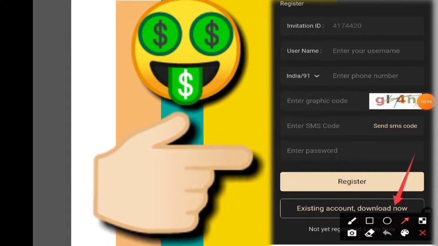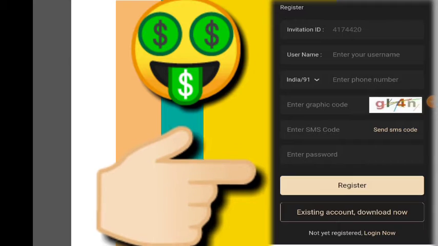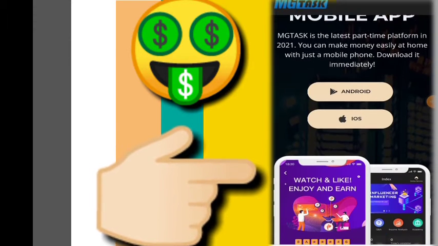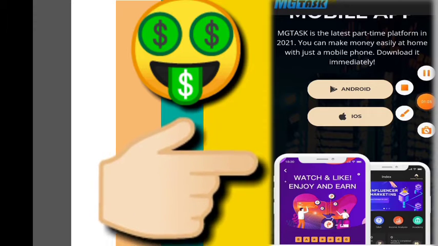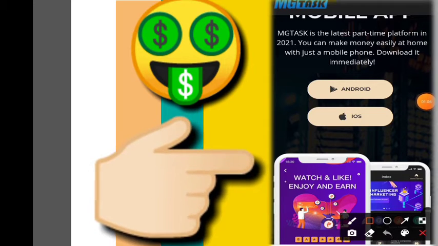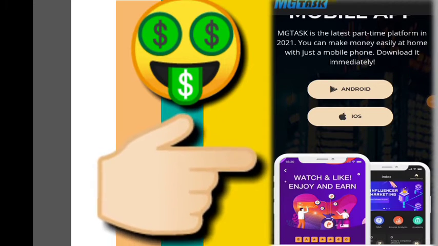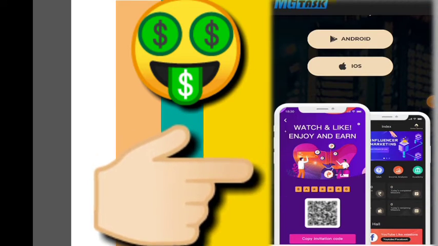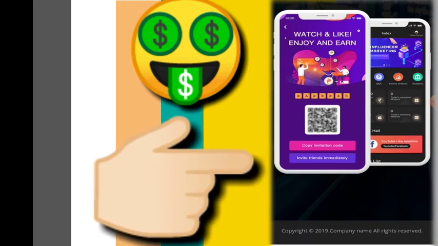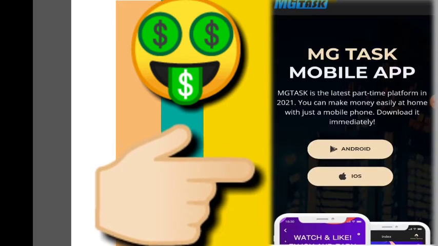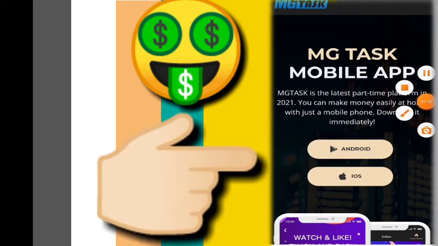Then it will open up another screen. So here first of all you can see MG Task is the latest part-time platform. So you can download for Android or iOS version, whichever version you are having. Now move to another one.